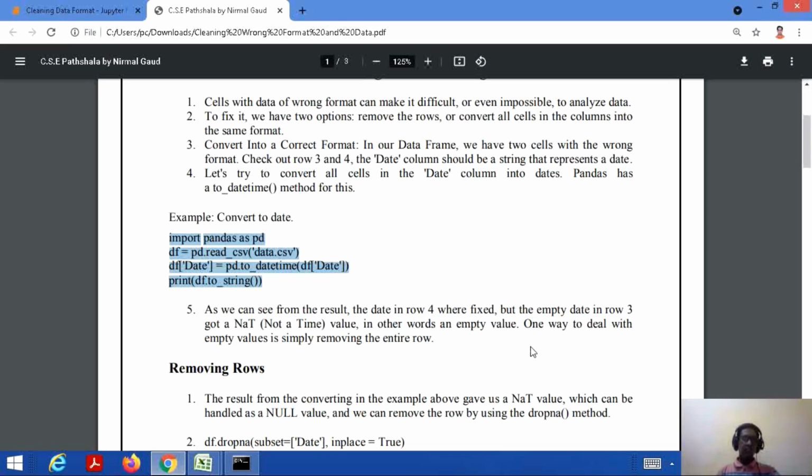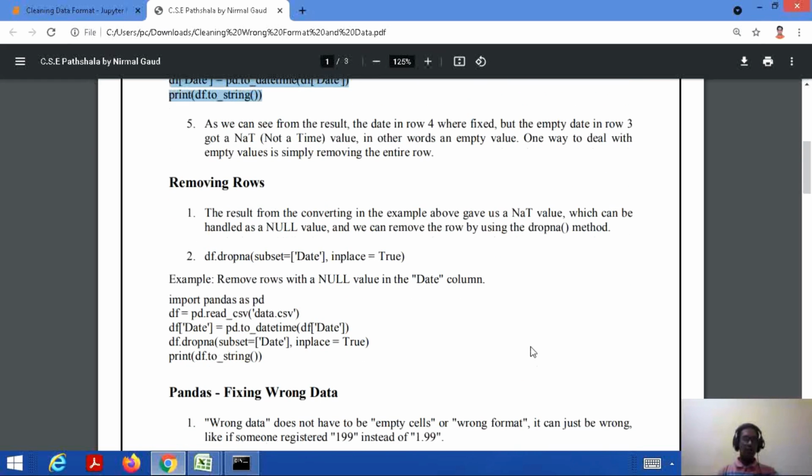There are some other methods also to deal with this particular problem, and that is to remove the rows which don't contain any value. So let's consider the next topic of removing the rows. In the above result, we got a NaT value for the null cell.